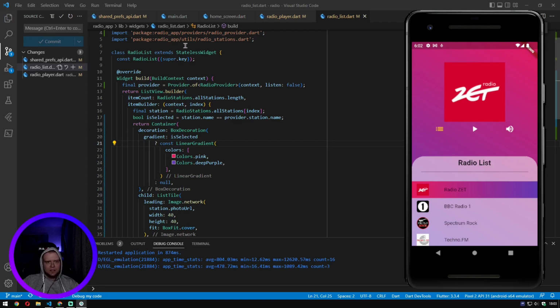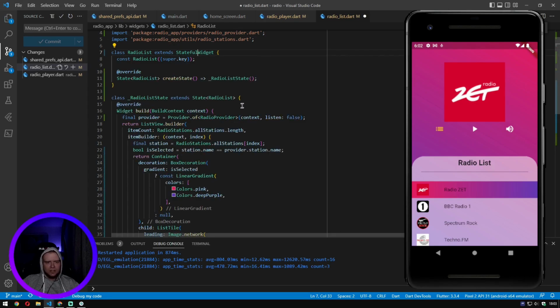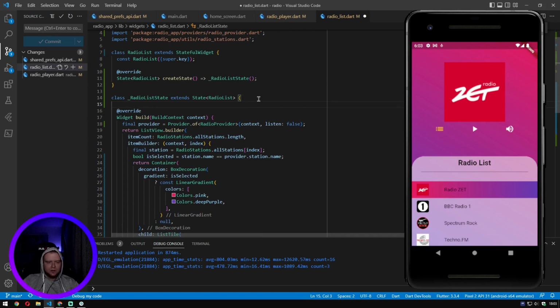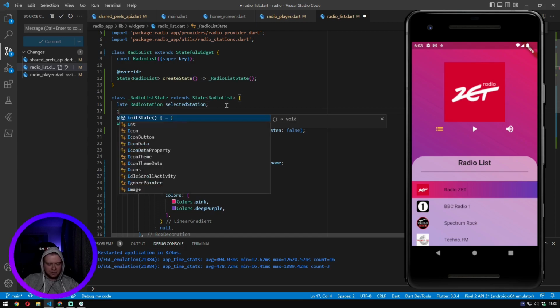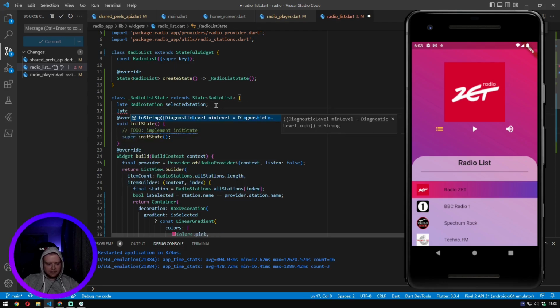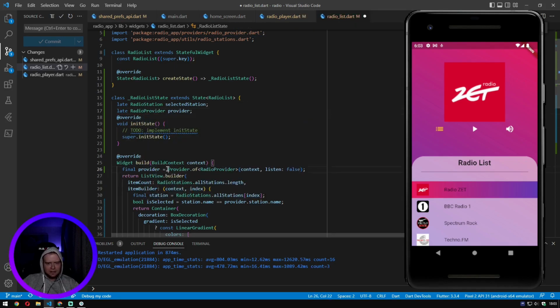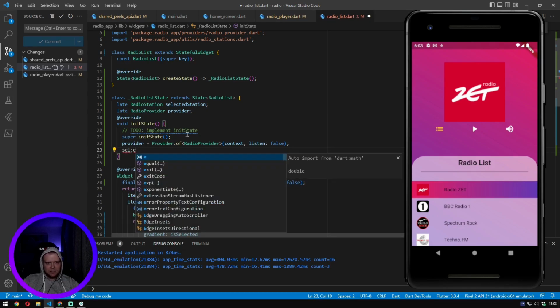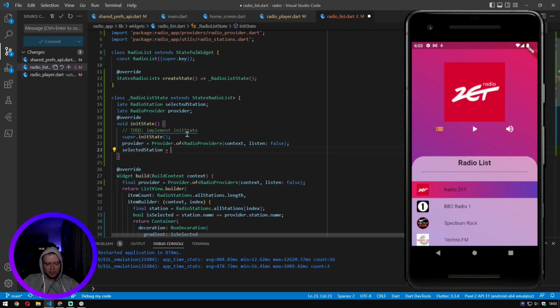This is because we need to also update the UI, so we'll create a stateful widget instead. And what we'll do, we'll create our radio station, selected station. Let's make it lazy loading. And for init state, we can also assign the late radio provider here. Let's assign the provider in the init state, and let's assign our selected station to be the one that's in